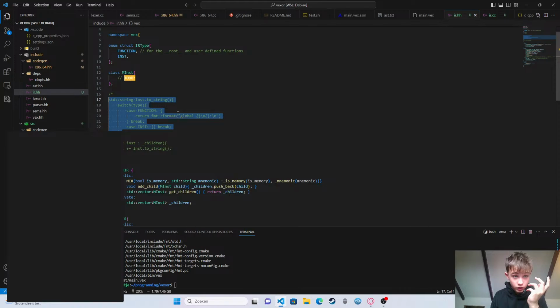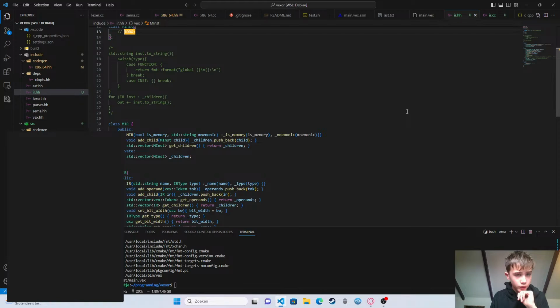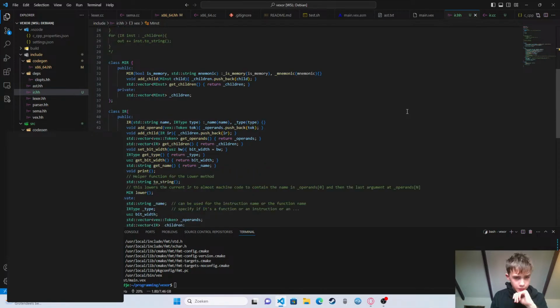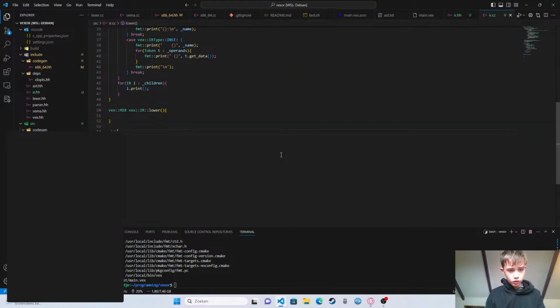Oh yeah, also I need to do minst, but I don't know yet. I don't know what I'm going to do in there. Yeah, we don't have any in the MIR. We just need to implement toString and lower. So well, lower is there, and vex IR to string,